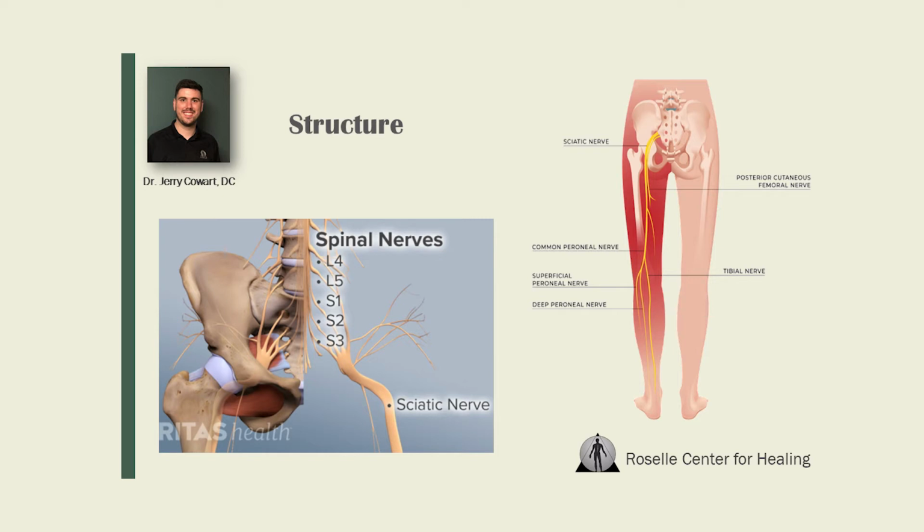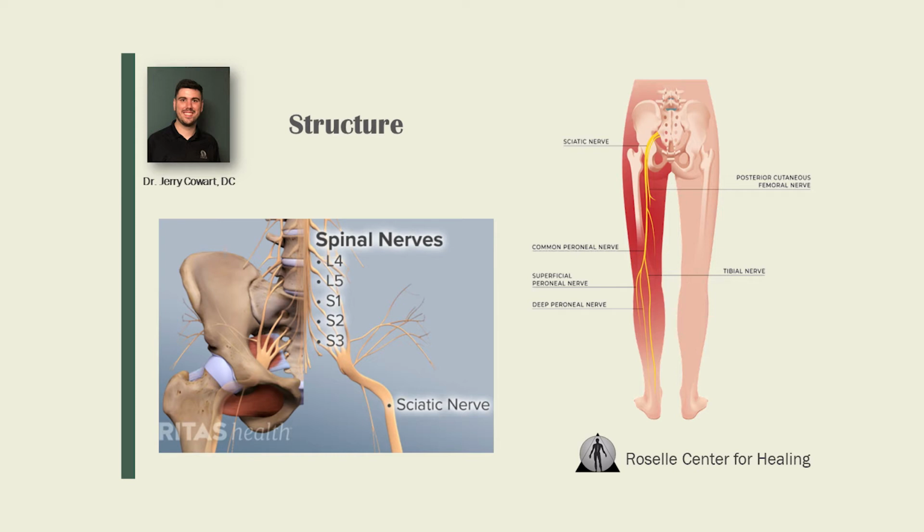So we see here you have L4, L5, which stands for lumbar 4 and lumbar 5, which is just the last two vertebrae of that lower part of your spine. And then S1, S2, S3, S meaning sacrum. So those are the first three nerves that come out of that sacral bone. So if you look at all five of those nerves, they come together to create one big old nerve known as your sciatic nerve. Okay?